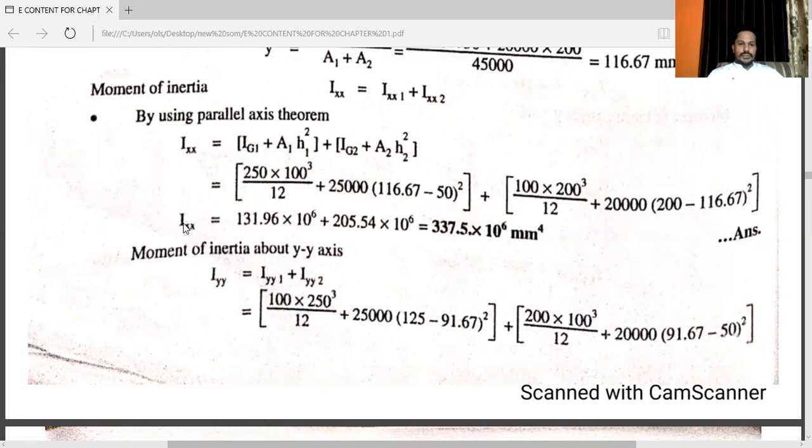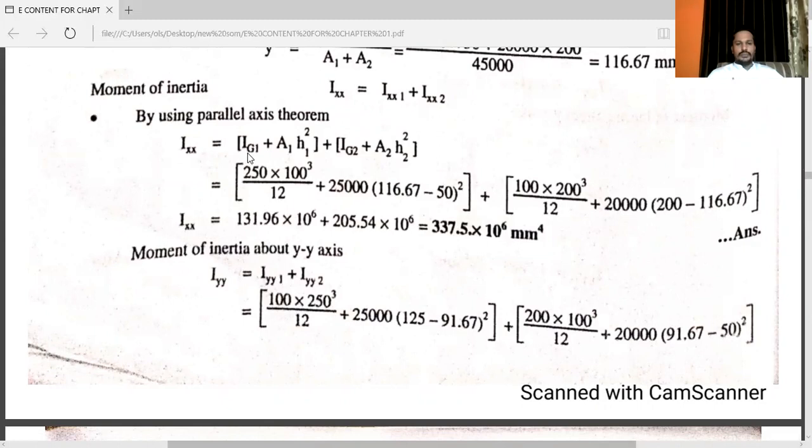we have Ixx, that is 337.5 into 10 raised to 6 mm raised to 4. Iyy is equal to Iyy1 plus Iyy2. Similarly, here you have to use parallel axis theorem. So again, only the change is you have to change the value of